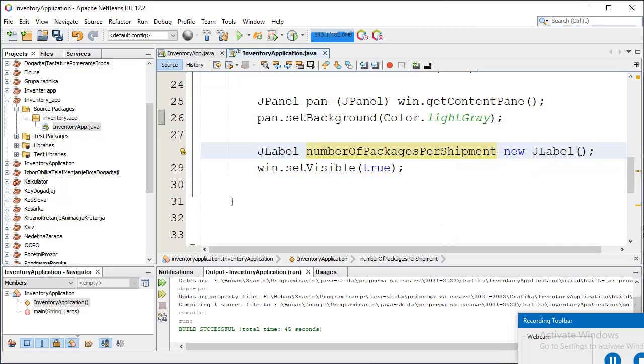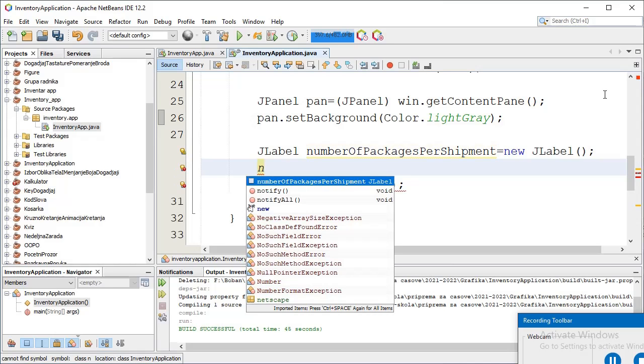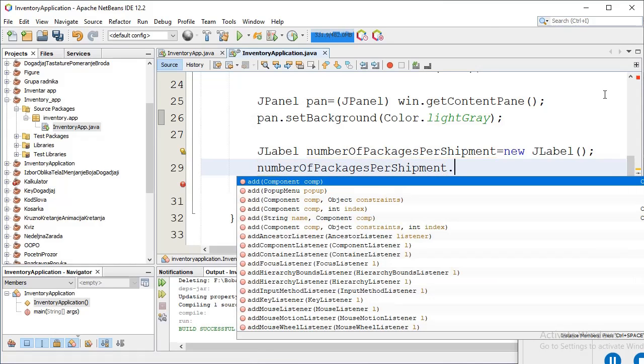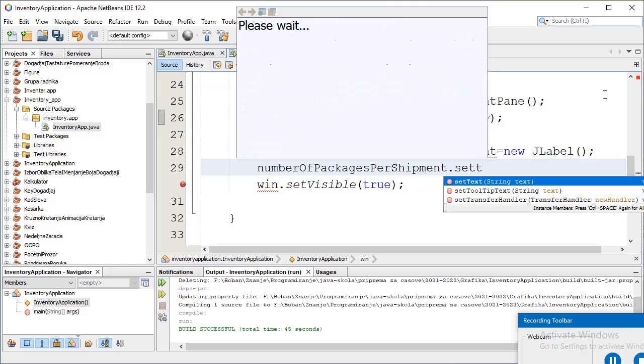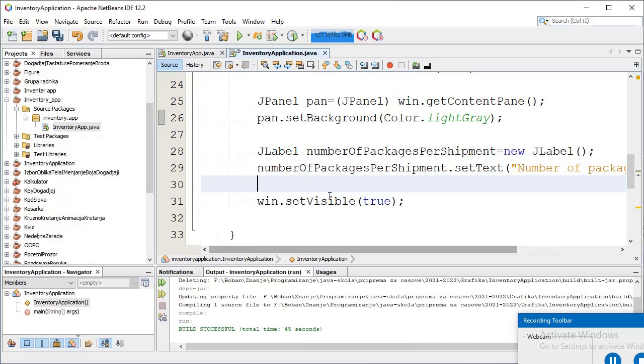I set the text by calling the constructor with a parameter or by calling the method setText. The next thing we need to do is set the bounds.